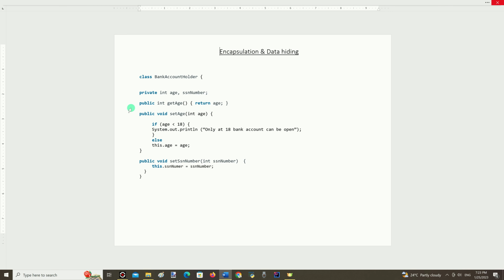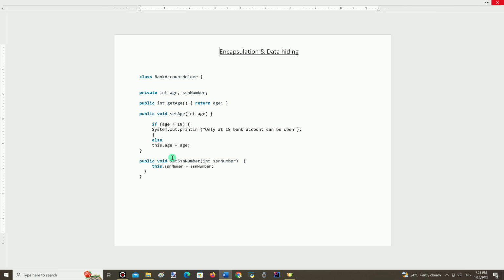The standard syntax for the set method is the following. The public keyword modifier makes this method visible for all classes in all packages within the project. The keyword void means that it is for setting a value but not for returning it.